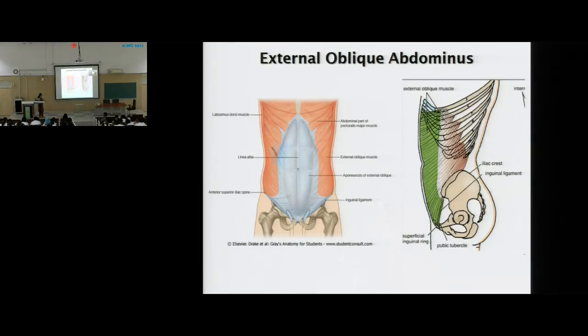So now this is the origin, and where does the insertion go? These fibers are going to get inserted into the linea alba, and then after the linea alba it is going to get inserted here, that is the pubic symphysis. From the pubic symphysis, laterally, that will be the area of the pubic tubercle. I am talking only up to the pubic tubercle.